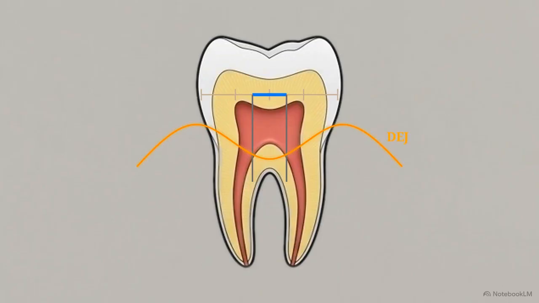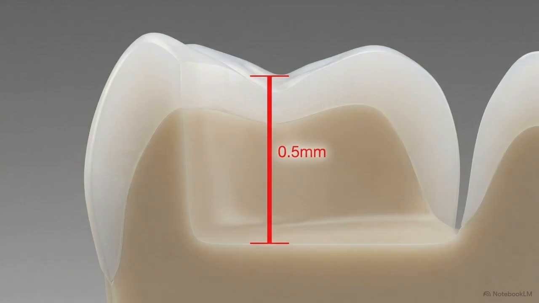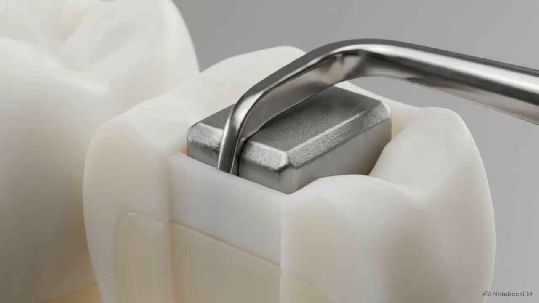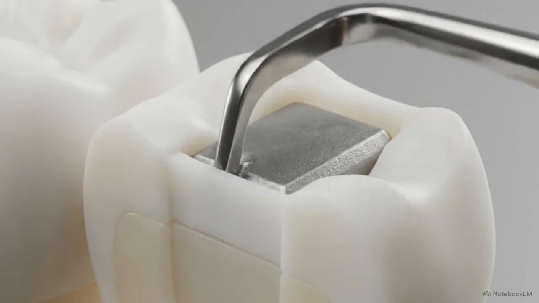buccal and lingual extensions. Moving vertically, the dentino-enamel junction, or DEJ, is the critical biological landmark for establishing depth. The pulpal floor must breach the DEJ and terminate exactly 0.2 to 0.8 millimeters into the underlying dentin. Factoring in the thickness of outer enamel, this internal drop equates to roughly 1.5 millimeters of total depth measured from the top occlusal surface. These exact boundaries provide enough volume to pack the restorative material while preventing catastrophic hollowing of